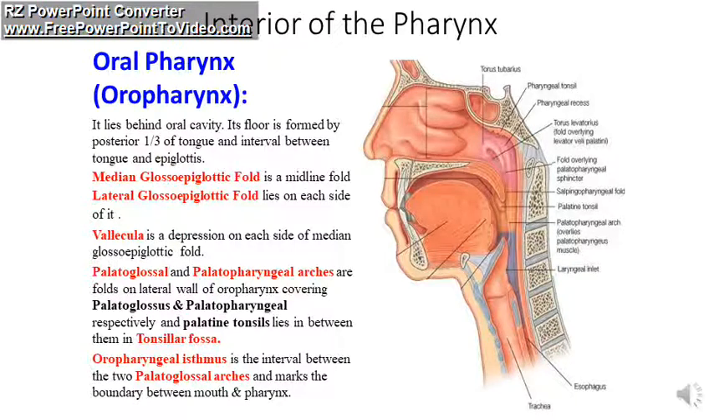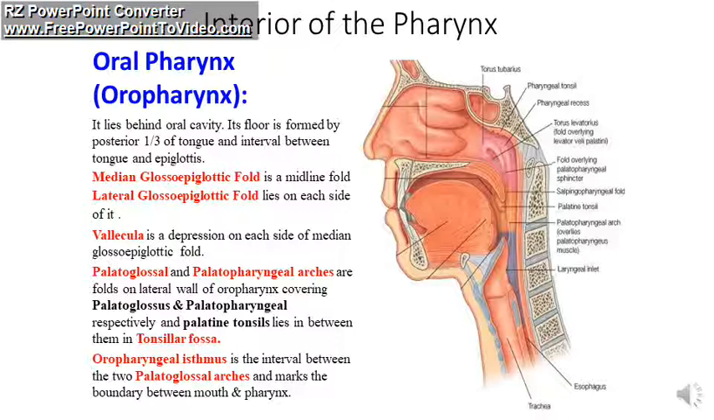While the oropharynx area, this is called the oropharynx area. What we have is a median glossoepiglottic fold. This is the epiglottis area, and this is the tongue. So the glossoepiglottic fold is a midline fold, with lateral glossoepiglottic folds on the sides, and the valleculae. This is a depression on each side of the median glossoepiglottic fold in this area,